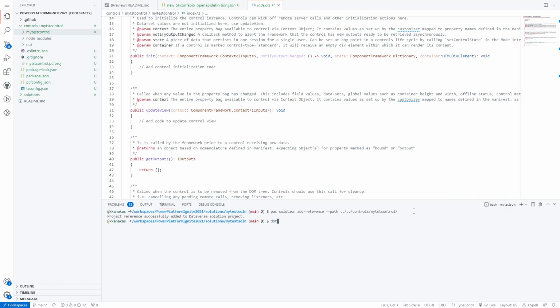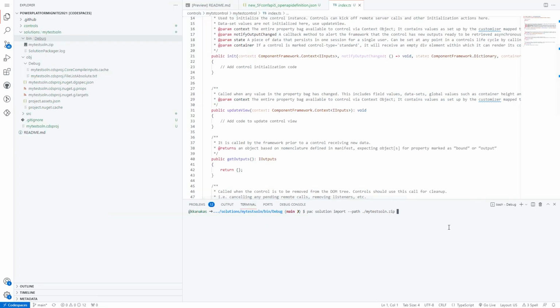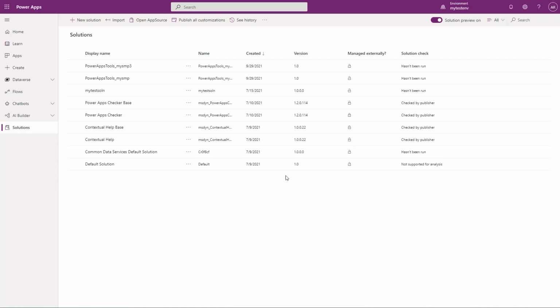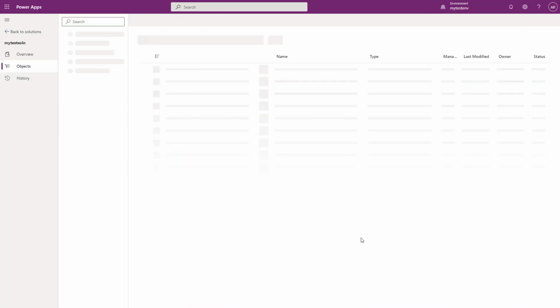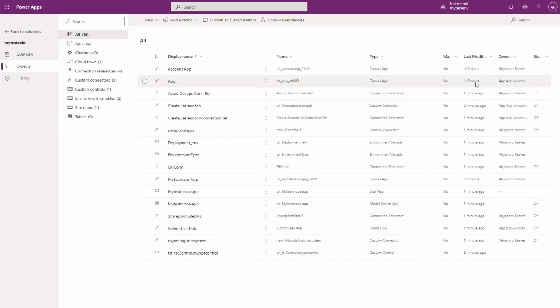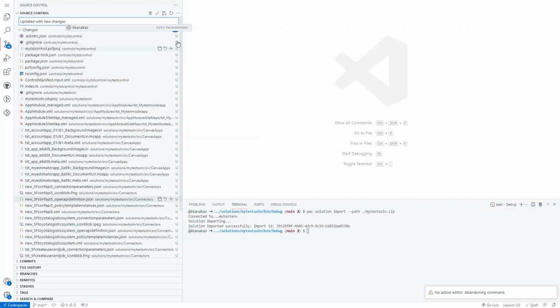Now what I'm gonna do is, just like any other developer, add that PCF control to my solution. All right, and go ahead and run a build. Then import that directly into my Power Platform environment. All right. Once that is done, I go back into my Power Platform environment, look at my test solution, and there you can see all the things that I just updated are now pushed into my Power Platform environment, including that new PCF control that I just added. Isn't that cool?